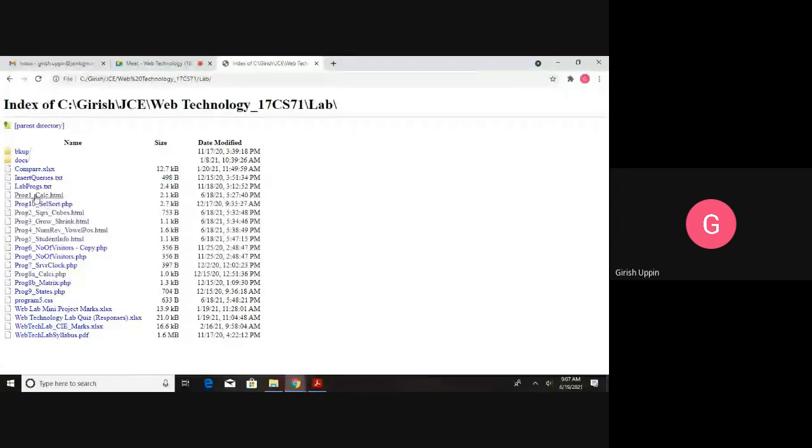So this is program number 1. The name of the HTML is program1_calc.html. Now this is how it looks like. If you see here, basically we have a table here, and the table has 4 rows. So in this table there are 4 tr, clearly visible.